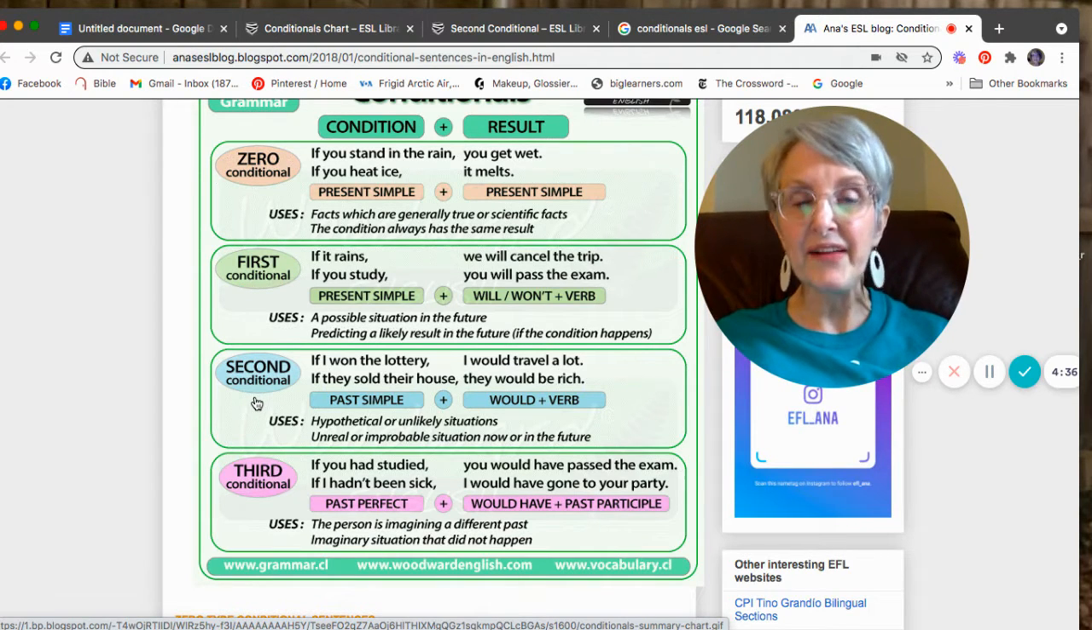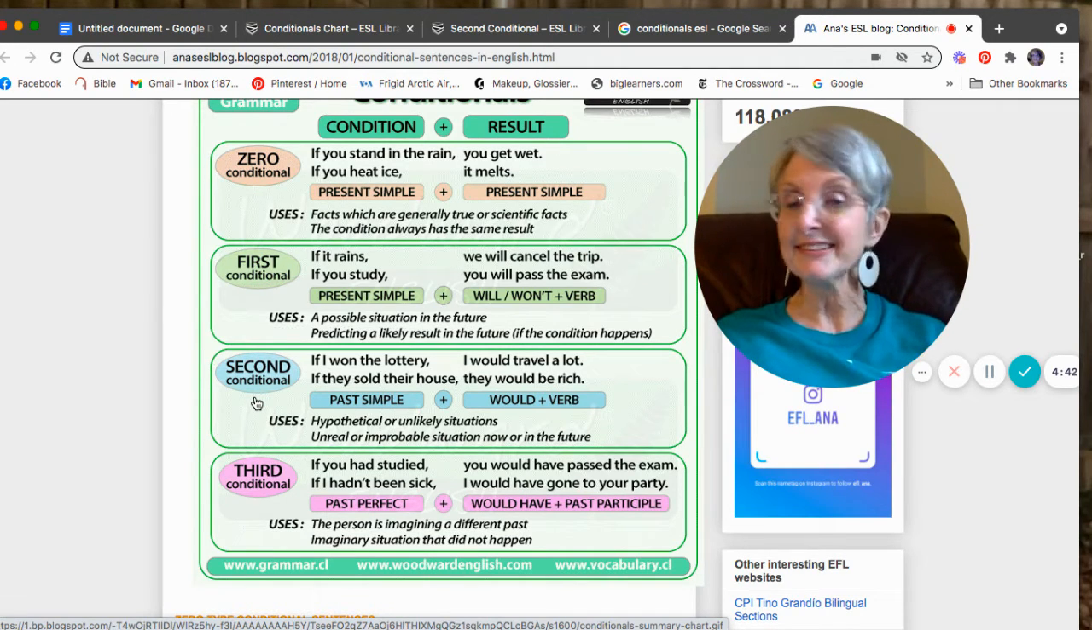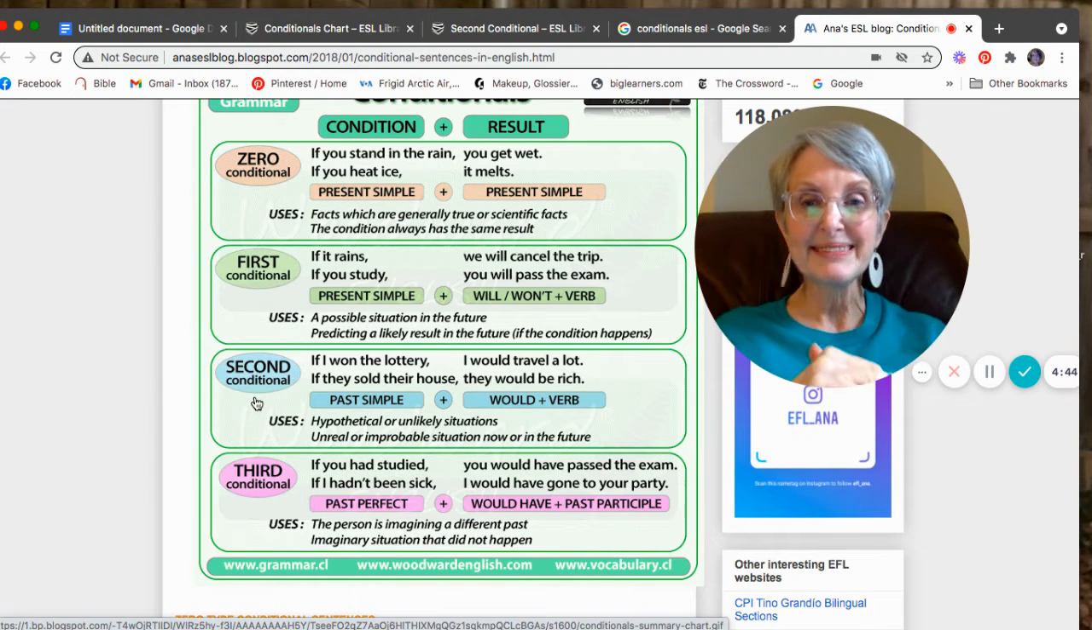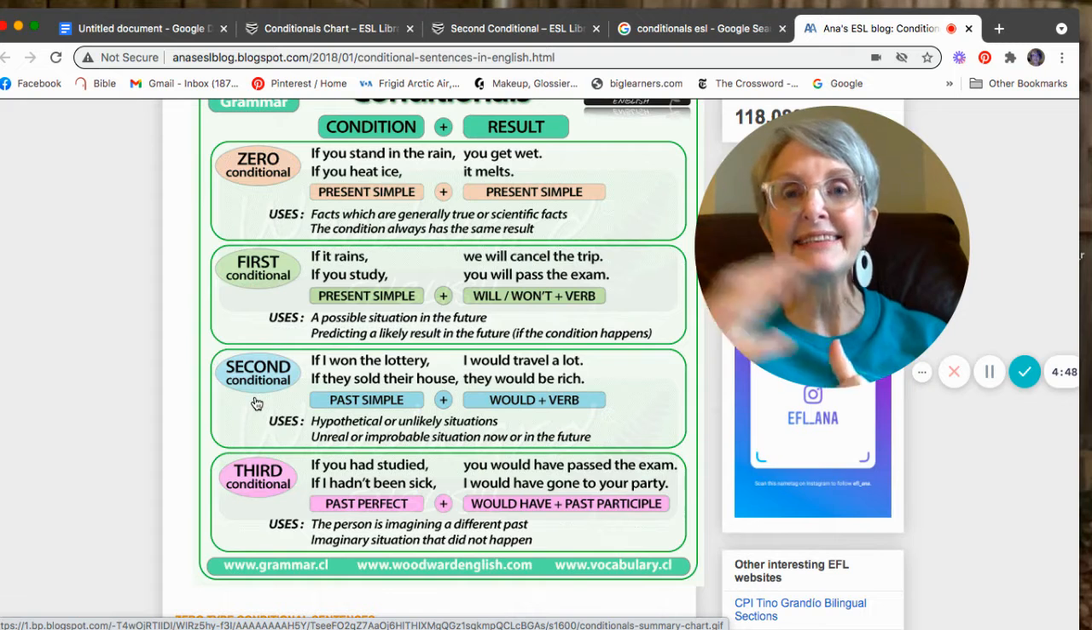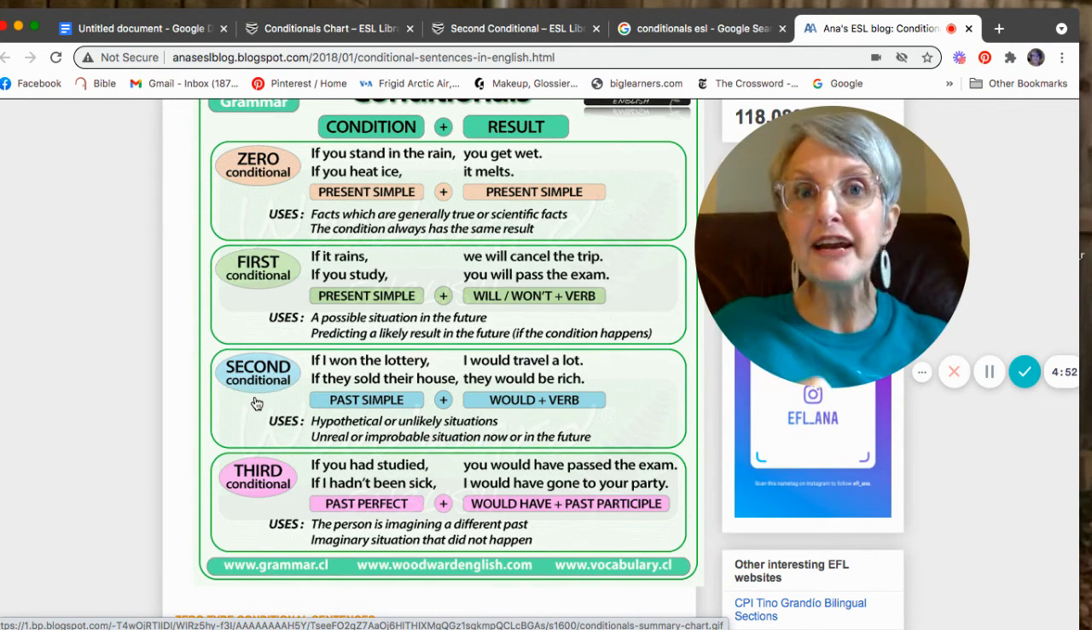If I won the lottery, I would have a lot of money. What would I do? Maybe I would travel a lot because I like to travel. What would you do if you won the lottery? Would you give the money, send the money home to your family? Would you go visit your family? What would you do? So this is